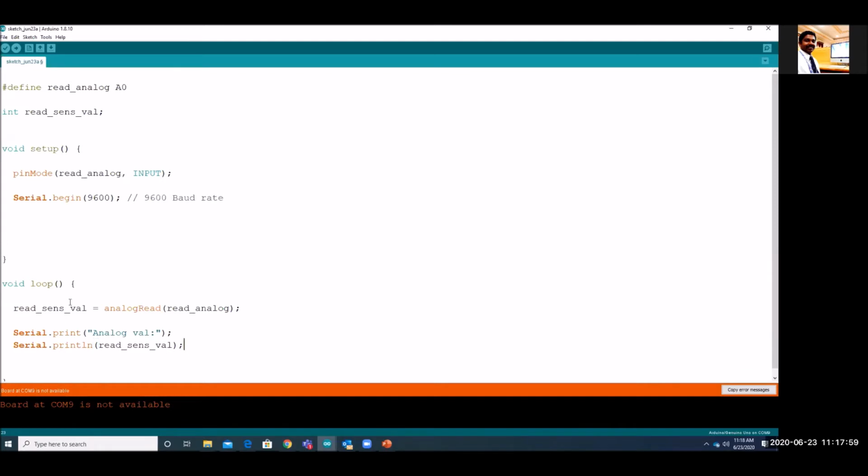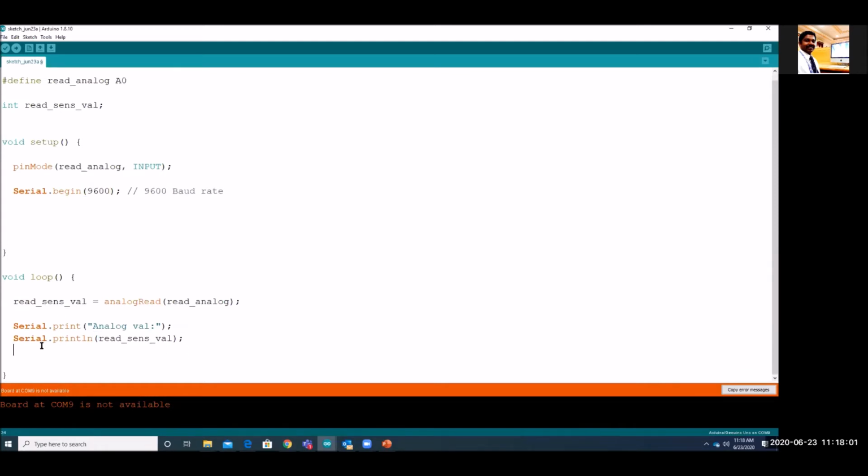Okay. So since speed will be 9600 and here we have not given delay, so this will print very fast. So we need to give some delay over here. Currently I'll not give it, later I will give it, along with the outcome of the delay and the necessity of it. So currently this program is ready. So we will save the program.